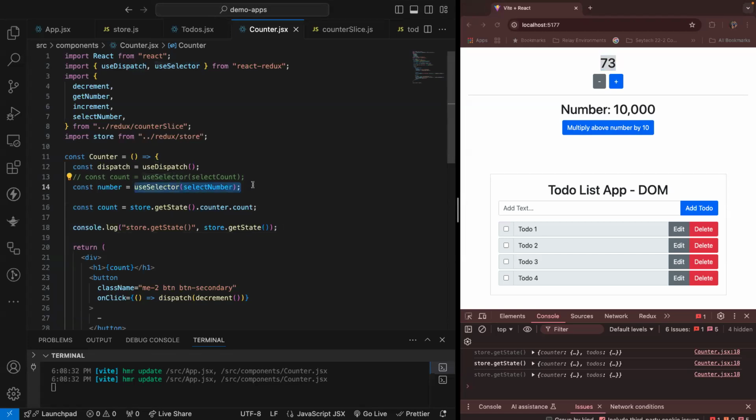useSelector automatically subscribes under the hood because that's why we have this hook. This useDispatch and useSelector are very useful hooks. But what happens if I don't want to use useSelector? The old traditional way, we have to subscribe to the store state. Okay, so to do that,